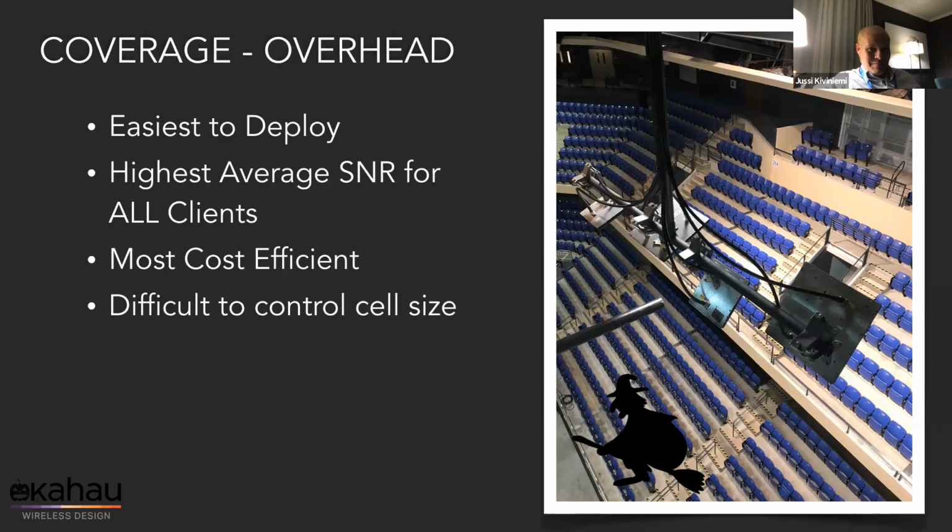So talking about difficult to control the cell size with directional antennas, you have to remember that when you pick a 35-degree antenna, it's 35 degrees where, if you're looking at the azimuth drawing, it drops 3 dB. It still has more of a side lobe. So you can't just do math to figure out it's a 35 degree, it's going to end here. You have to do the testing when you're doing the deployment, the tuning, and the design. There's a side lobe and there's a back lobe that you have to account for.